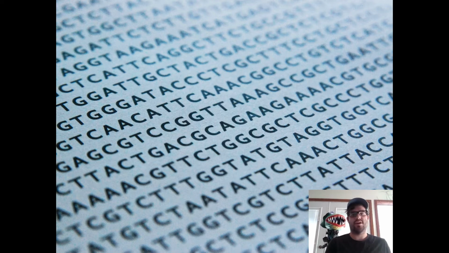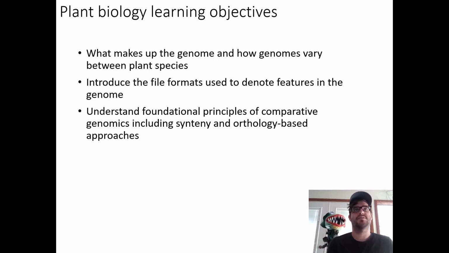Today we're going to talk about the various ways that we annotate genomes, what genomes contain, and how we can analyze them. The plant biology-based learning objectives of today's lesson are to understand what makes up the genome and how genomes vary between plant species. Plant genomes are dynamic. They vary incredibly in gene content and genome size, and we can use that information to discover biologically important